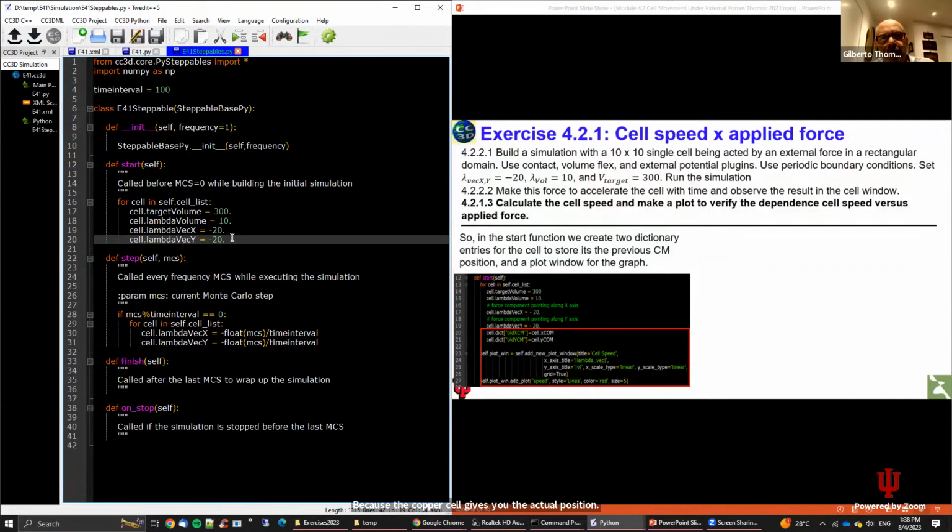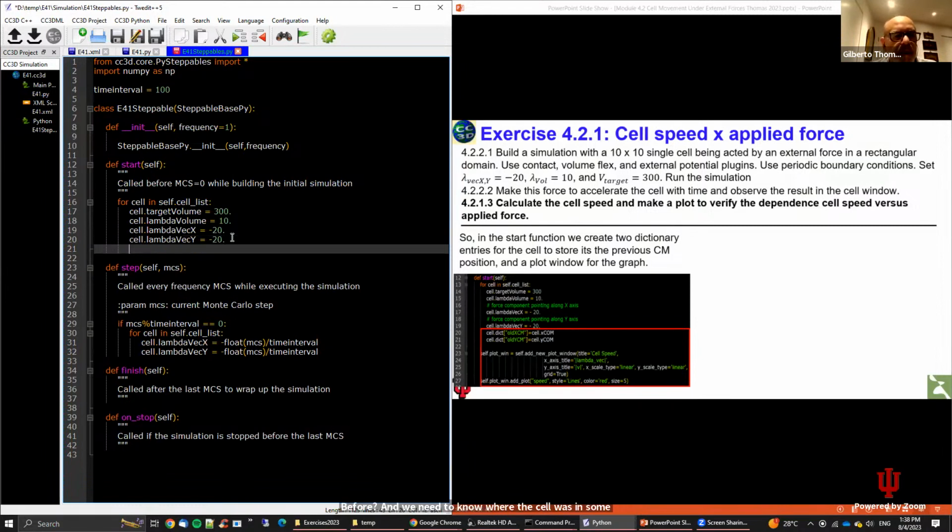But since we are not going to see in the Monte Carlo step immediately before, we need to know where the cell was in some Monte Carlo step before. So I will include here a dictionary